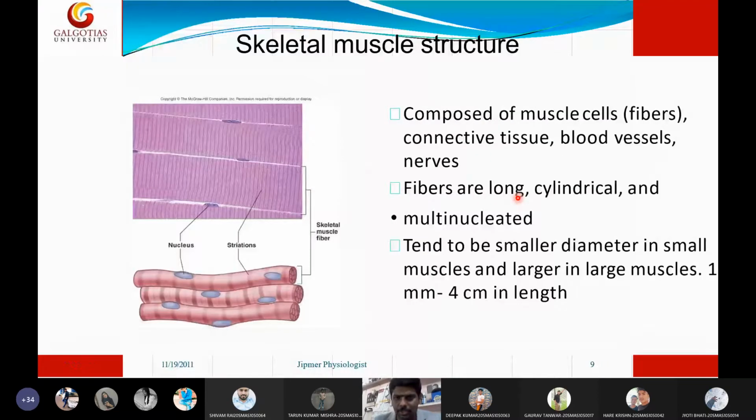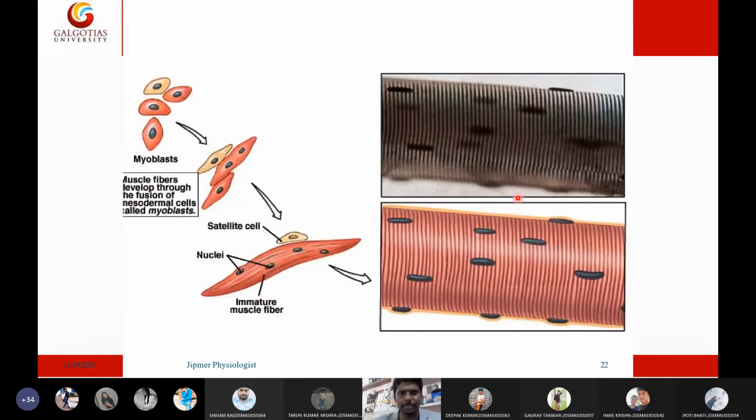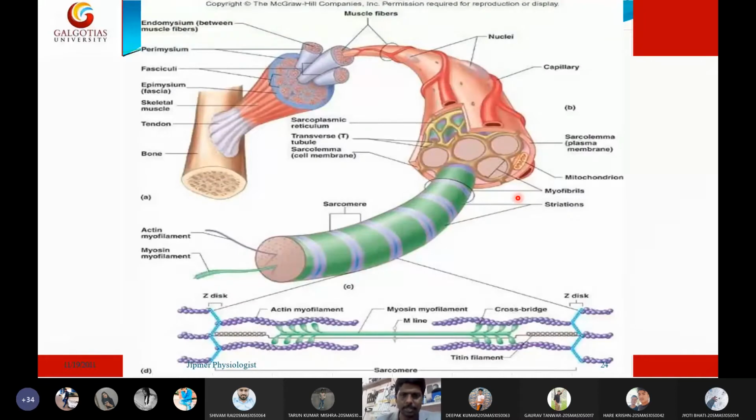So this is the electron microscopic structure of muscle tissue. You need not worry about this. Anyway, the other points we already covered in the classification of muscles, like the presence and absence of striations on the muscles, or the characteristics of muscles. The same things they have given here again and again. So this is all about the muscle structure, and this is all about actin and myosin and Z and H filaments.